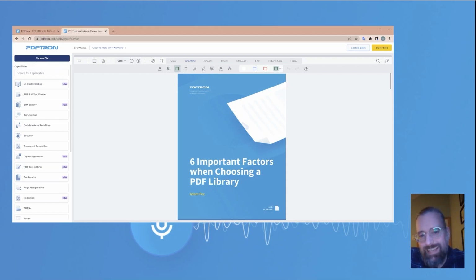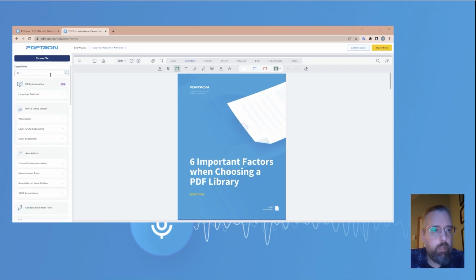Beyond just selecting and annotating text, with WebViewer we actually have the ability to modify the text on a PDF page. That's something that we've been able to add in recently, thanks to new technology that we've acquired. It's something that we're pretty excited about. So essentially what we can do is